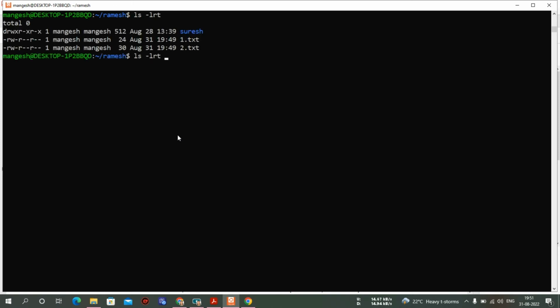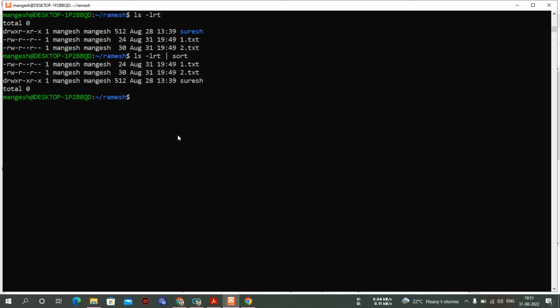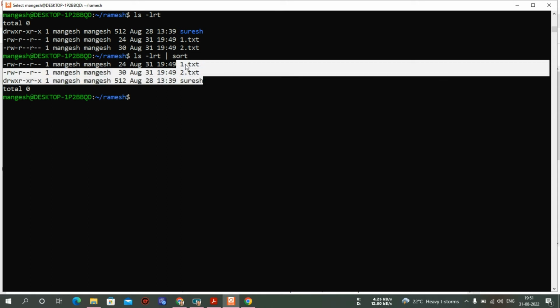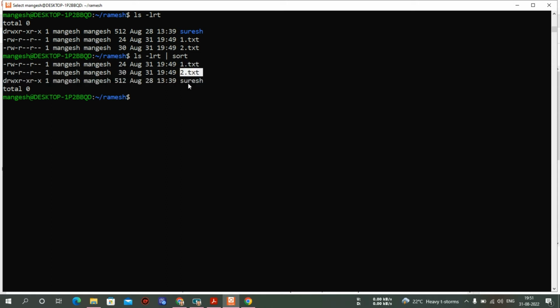Let me do ls -lrt, then I'm giving pipe sort. It will come in ascending order. Look at this: 1.txt will come ahead, 2.txt, then Suresh. If you do sort